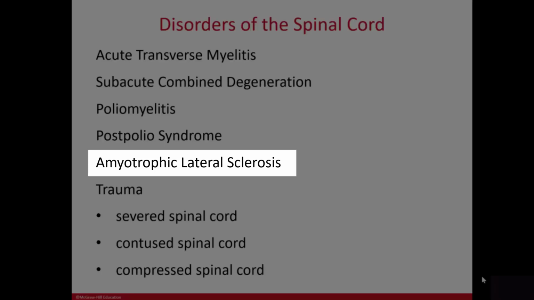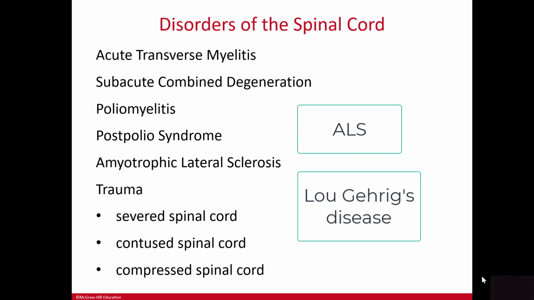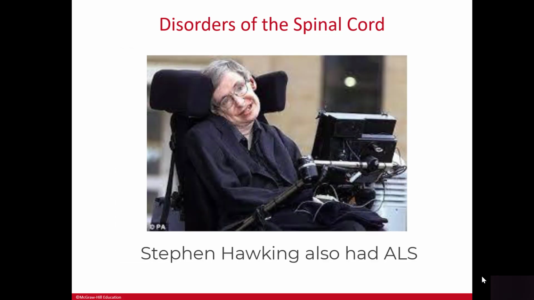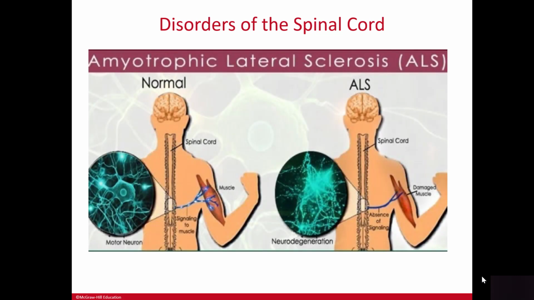Amyotrophic lateral sclerosis, abbreviated ALS, is also known as Lou Gehrig's disease. Lou Gehrig was a player for the New York Yankees in the 1940s who was diagnosed with the disease. He died at the age of 37, just 3 years after his diagnosis. In this motor neuron disorder, the motor nerves in the spinal cord and brain progressively deteriorate. There's no cure for ALS or similar motor neuron disorders.